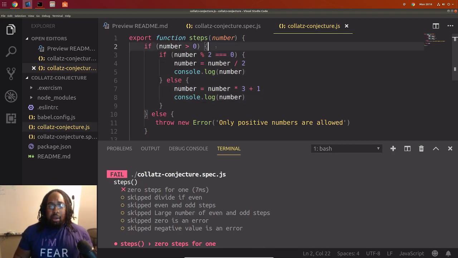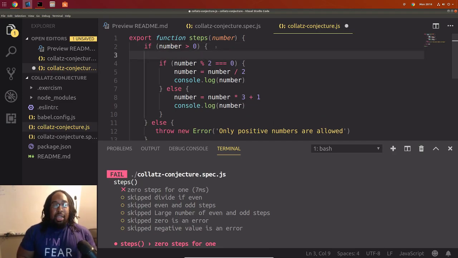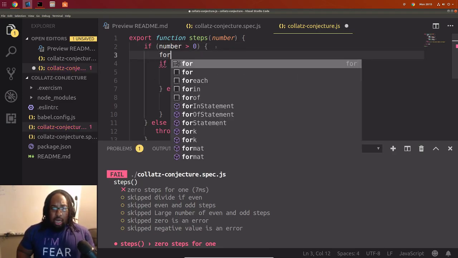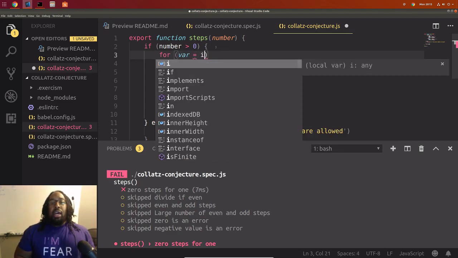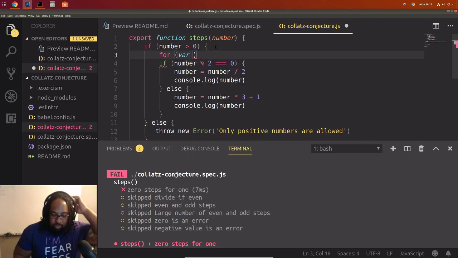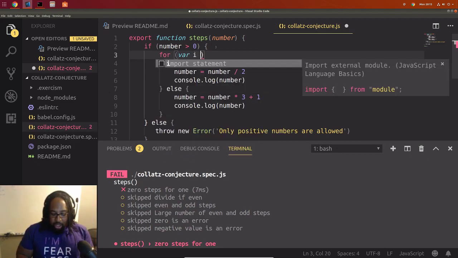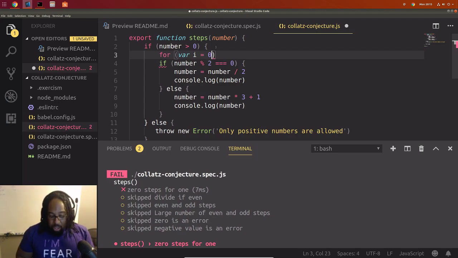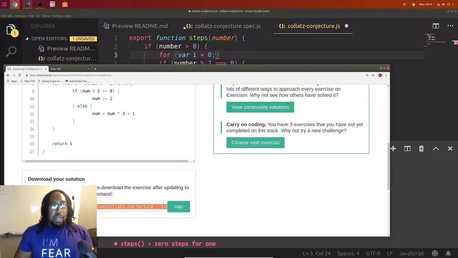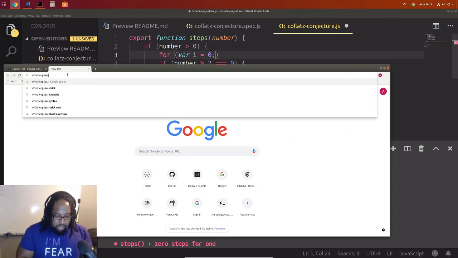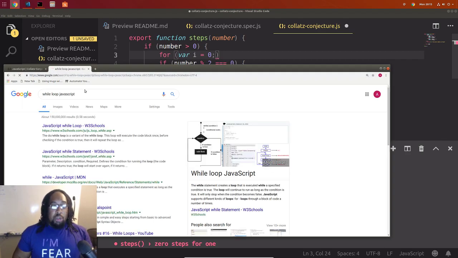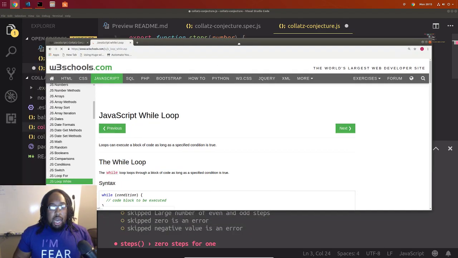So we can nest this inside of yet another set of logic. So I'm going to do for, and there must be somebody outside. So we're going to set a variable. So this is how you set up a loop. I haven't actually run a while loop in a long time. I don't know if it's set up the same way. Let's actually look that up. While loop JavaScript. Go has spoiled me. The simplicity of it has spoiled me.